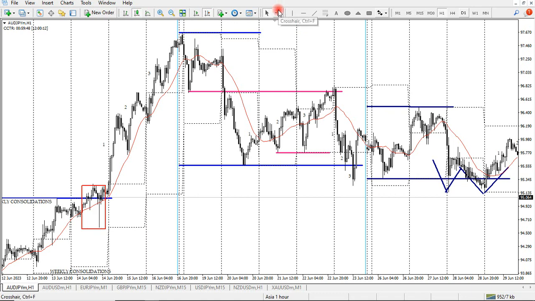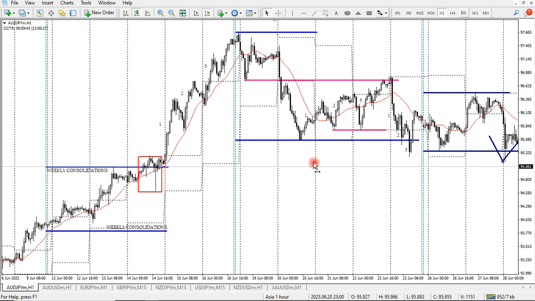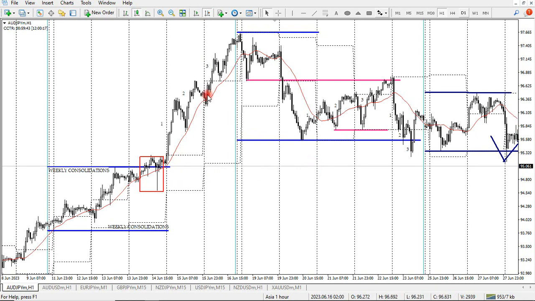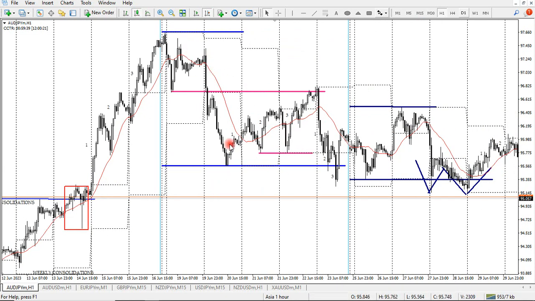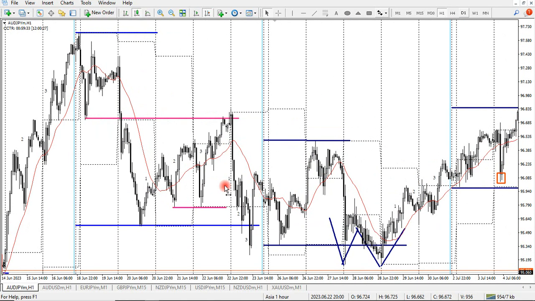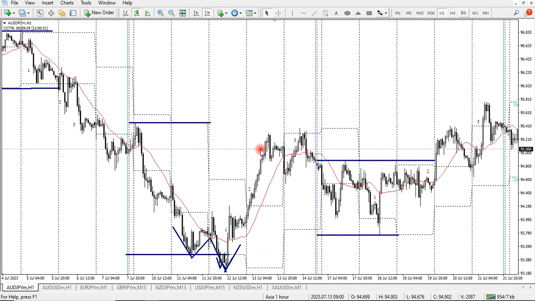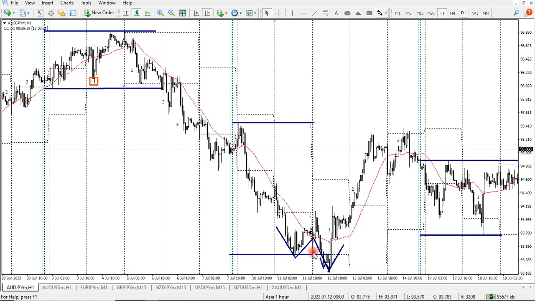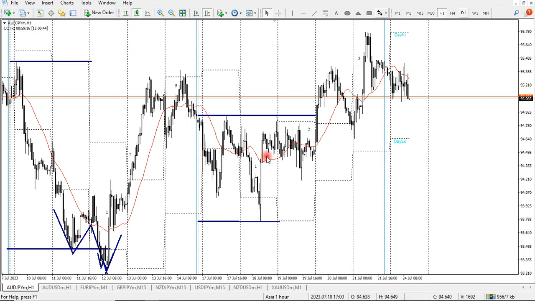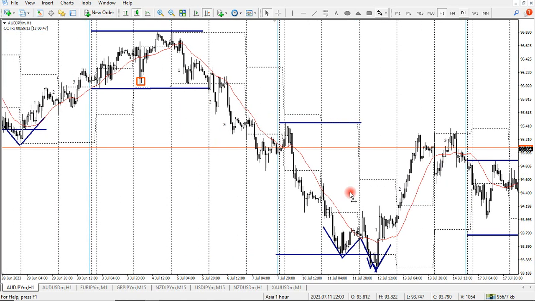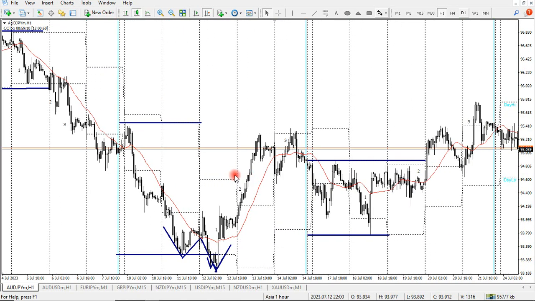So without any waste of time, I believe this will help you in some way, just to understand that things remain the same. Monday, Tuesday makes the high and the low of the whole week and gives you a clue at how the week is gonna trade, and everything is gonna be in 1, 2, 3. So I believe if you understand that, it will help you. It doesn't matter if it was trending like this. Each week begins with a Monday and a Tuesday. Then that's where you can start seeing how you can trade all these things. Just use the setups I've showed you, then you'll know when to exit, when to enter, what to expect, how the week will go, and all sort of stuff.